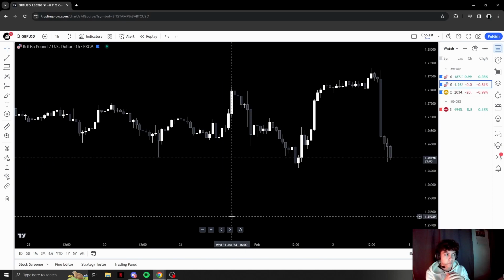So in order for banks to fill their orders, they need to sweep liquidity. So they're gonna take out sellers or buyers, and people get into the market and they take people out from the market.